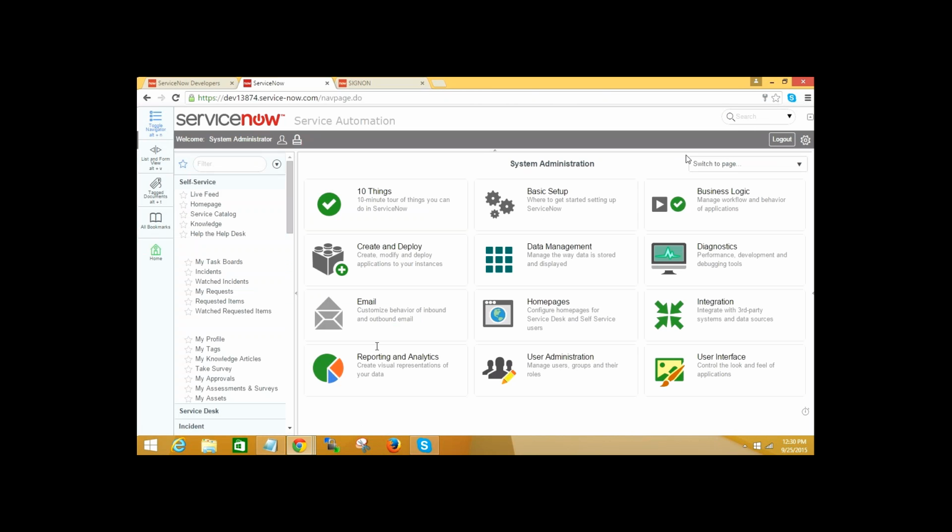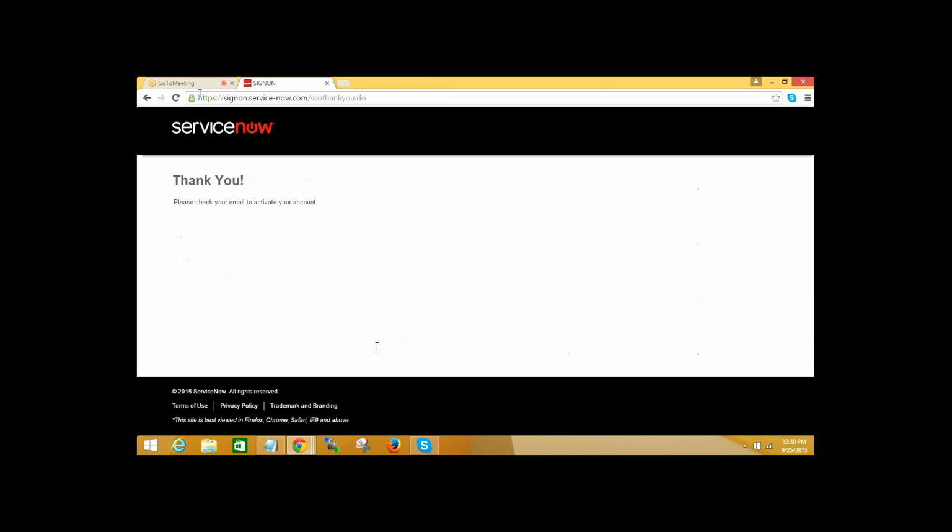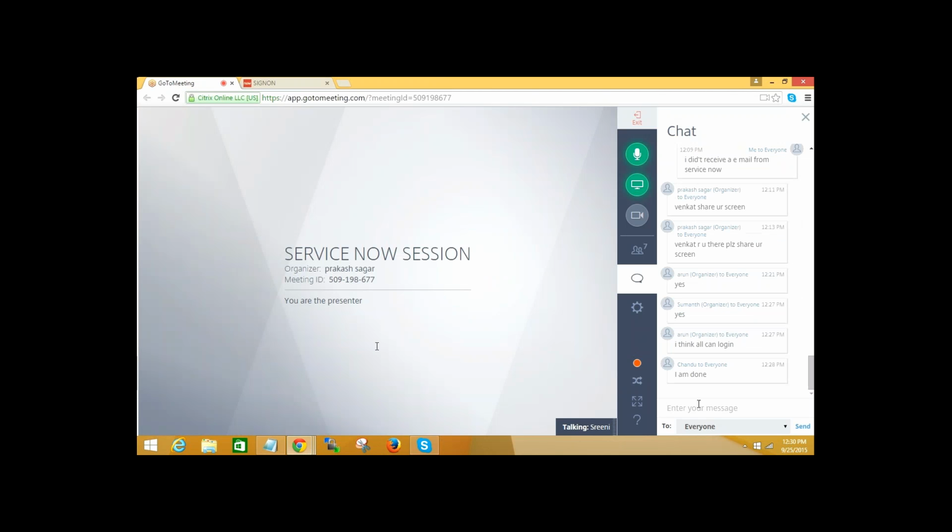After training, you should make sure that you log in and do some development activities, not creating a service request or incident, but creating a business rule or a script or a table. I'll show you later how you make sure your development instance does not become inactive. That is one thing we should remember.